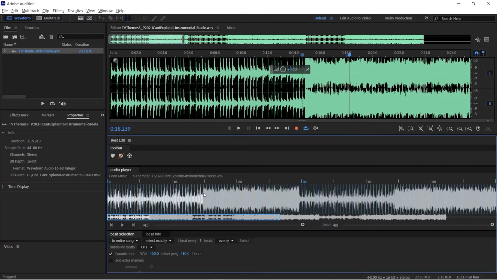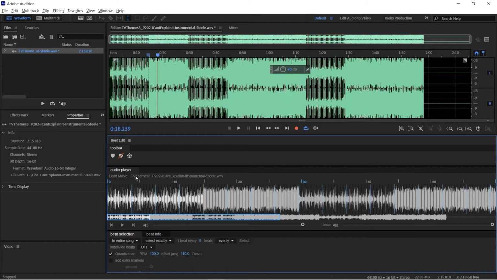So select one of these lines and click on it until you see an orange line there. And then we're going to come down the bottom, select this and type in 1 beat every 8 beats. Then you need to hit select, and you'll see that you've only got a fraction of the beats there. Then you can go ahead and click create markers here, and that'll give you the markers at 1 every 8